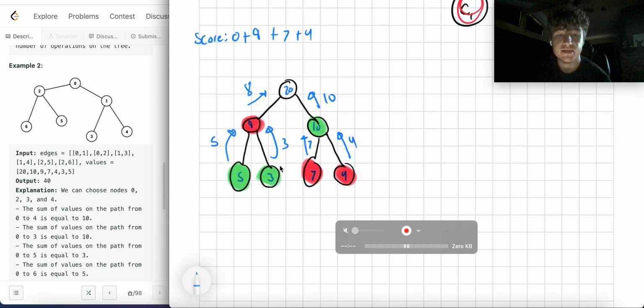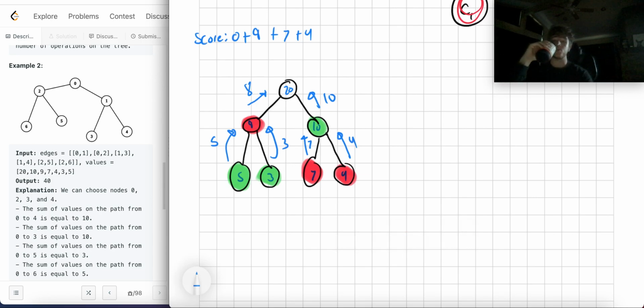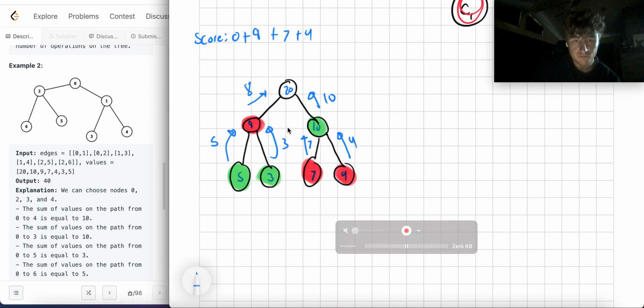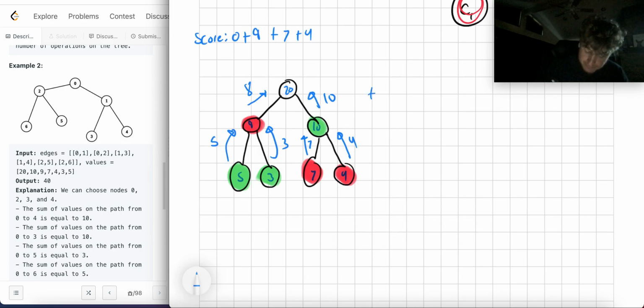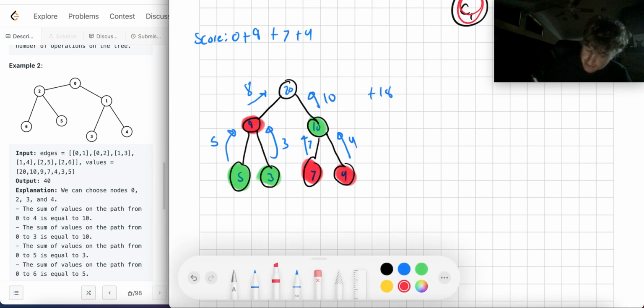So I could either take these 8 below, however below they are, right? Here's where it gets a little confusing, but just kind of believe the dynamic programming aspect of this problem. When I go here, I'm saying there's 8 on the board that I left in order to ensure that there's a healthy path going down this link. And here it's saying I left 10 on the board in order to ensure there's a healthy path going down this link. All right, so either I collect an additional 18 by making this green,